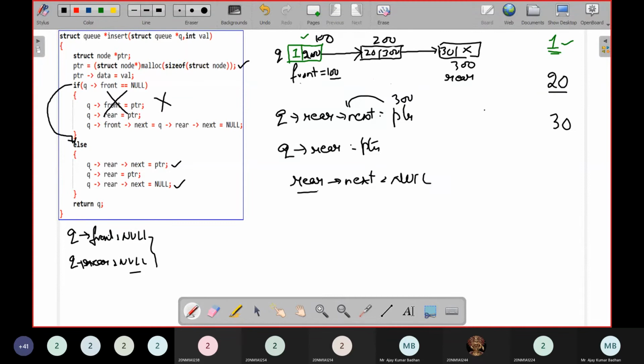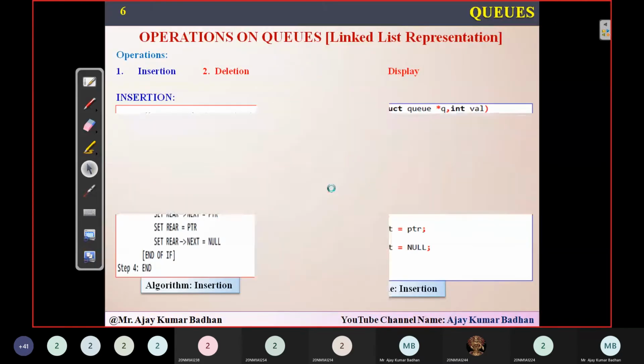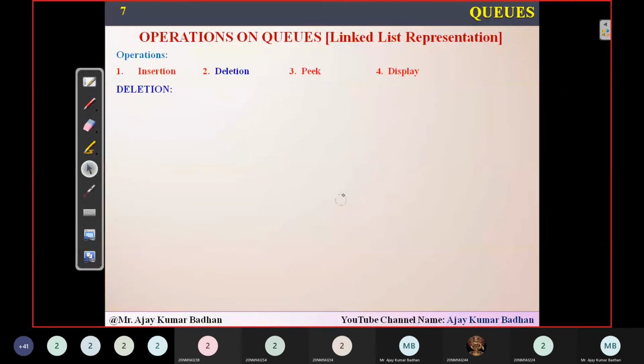But since you people know that rear is pointing using this particular Q, so Q rear next equal to null. So finally a null is stored. So this is the way you can insert the elements. Okay, now let's go ahead. So next thing we are having here is something called deletion operation.